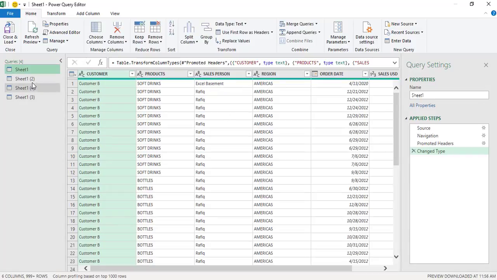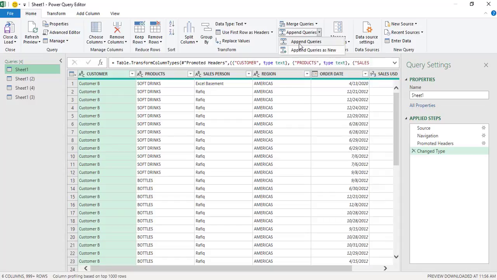And you can see that there are 4 sheets available here, and we need to combine all these different sheets' data into one. So we need to append, and I will go to the Home tab, and you can see there is an option called Append. Append as New will generate a new table, and it will fetch the data from all the other worksheets into one.